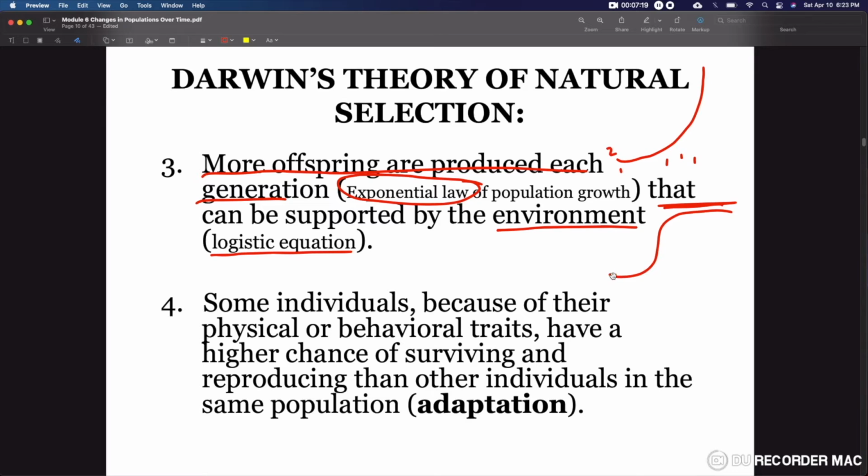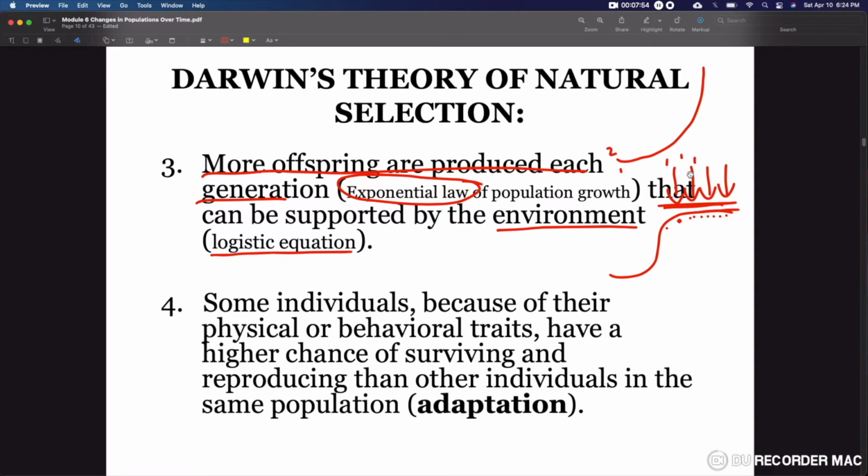Your population will expand exponentially, but to a certain point, it will stop growing exponentially and will reach that stationary pace right here, a plateau pace, where the growth rate of your population is not that much, because your environment will create that pressure and will limit the growth of your population after a threshold value. Okay? Number 4 from Darwin's theory